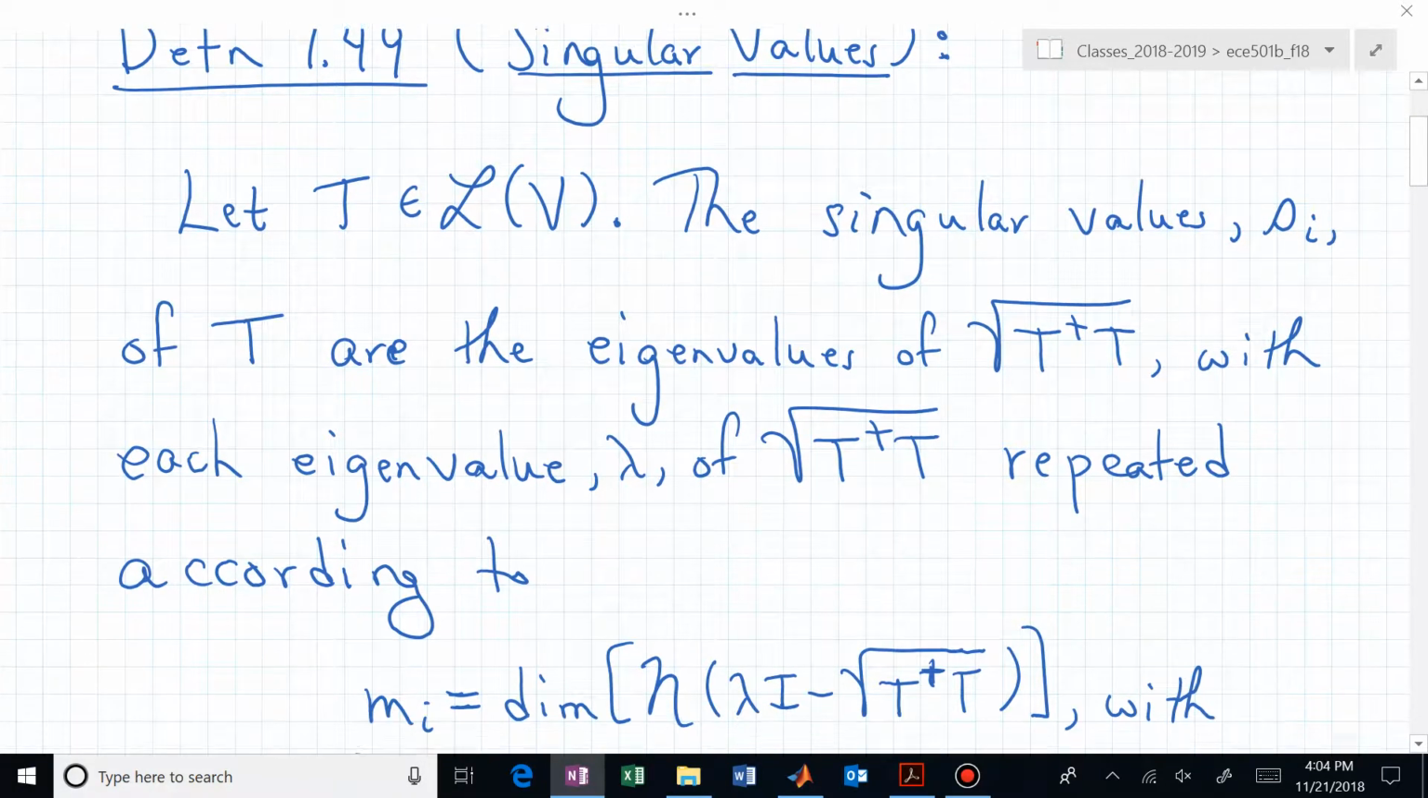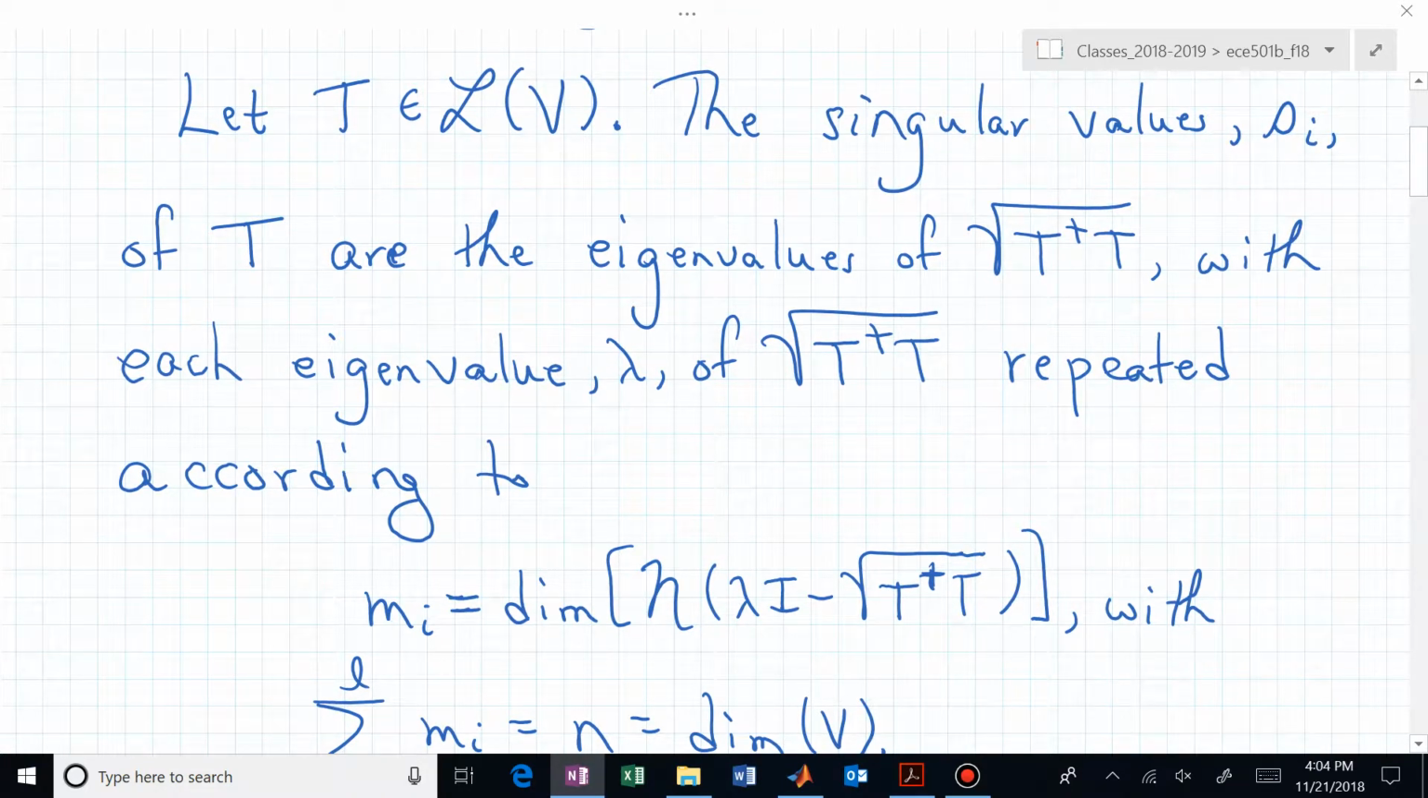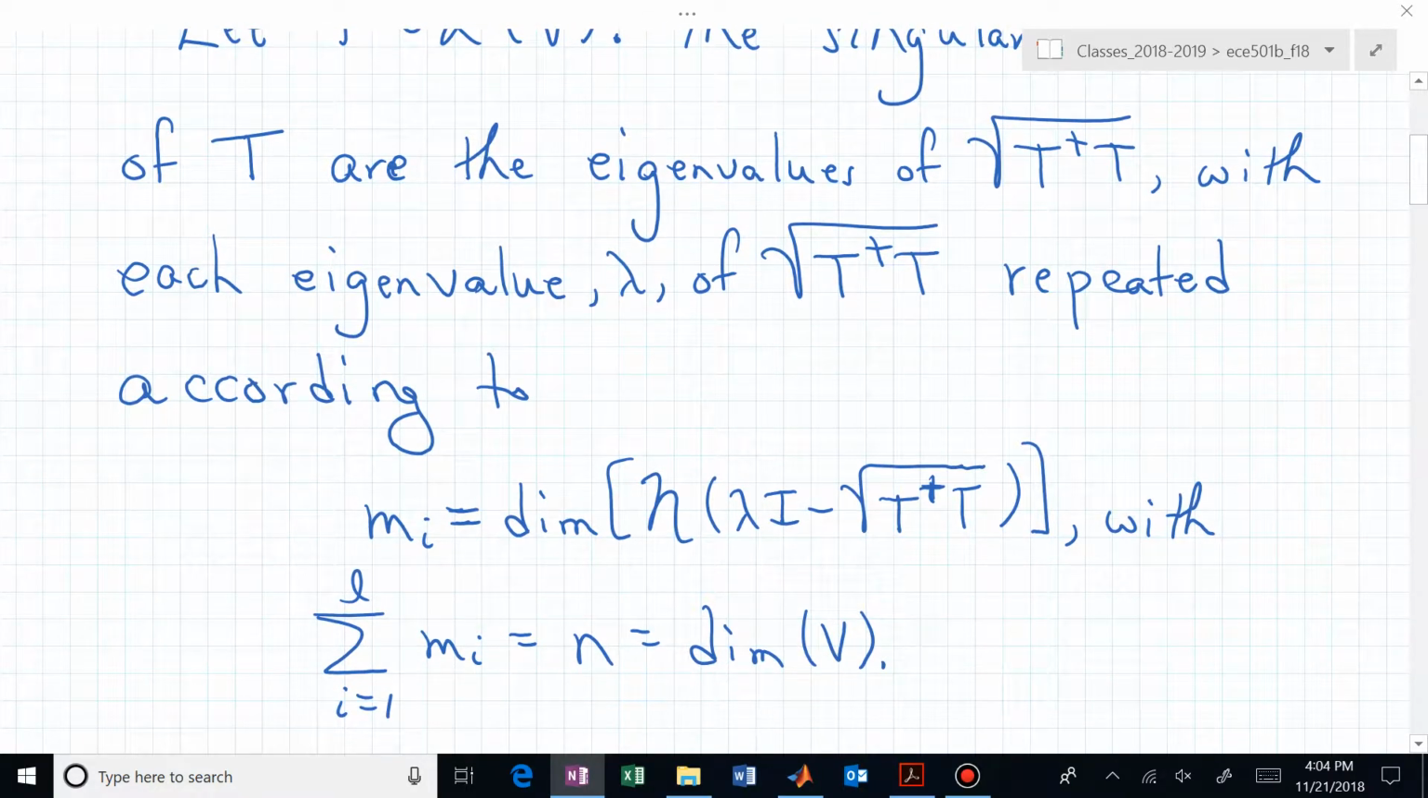Here's the definition of singular values. It's definition 49 in chapter 7. It says, given an operator T on some linear vector space V, and we could say that it has dimension n, the singular values, which I'm now representing as lowercase s sub i, of this operator T are actually eigenvalues of the positive operator, the square root of T dagger T, with each of those eigenvalues lambda repeated according to how big the dimension of the null space of lambda I minus the square root of T dagger T actually is. Those m sub i's, you could have a two-dimensional null space